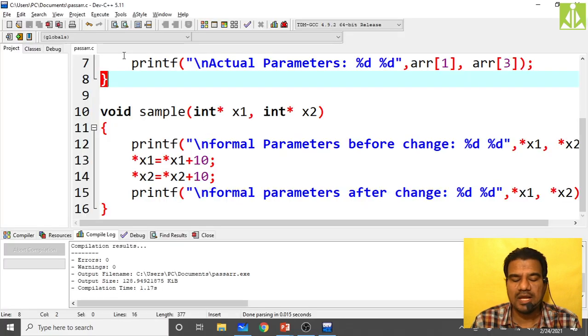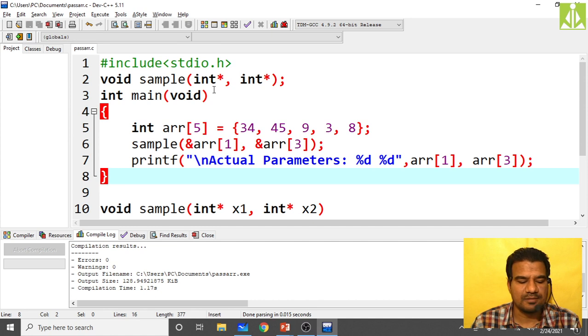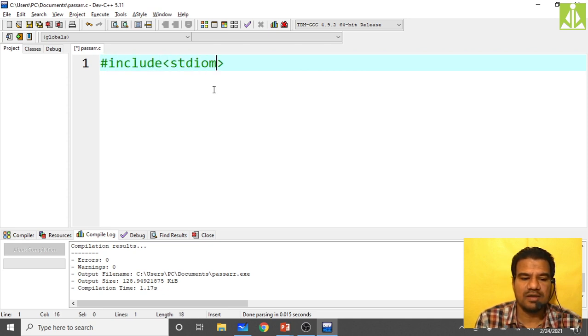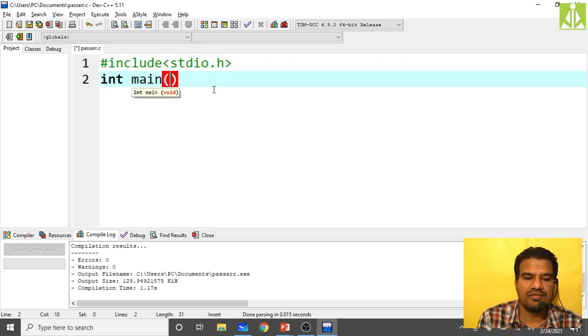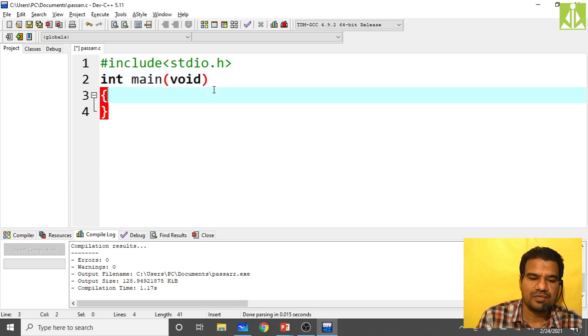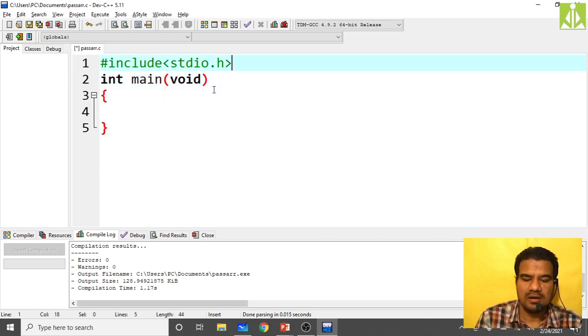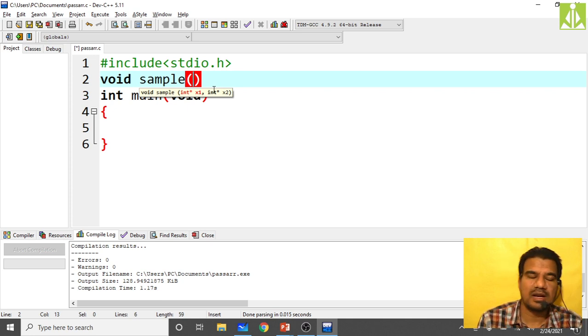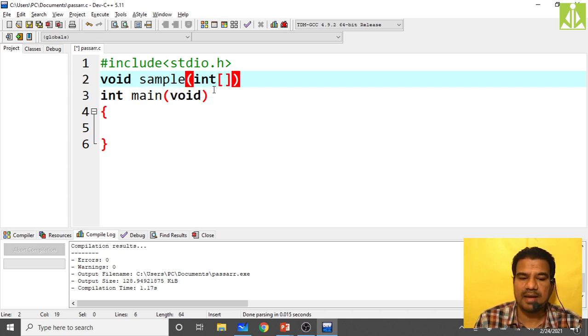This will be my last concept in today's session, passing the whole array, and in tomorrow's session we'll discuss some other thing. I will write the program from the beginning. I have deleted the entire thing, so now start writing the program. #include <stdio.h>, then you take int main(void). Go to the end, and here, as I said, I am taking the same function, but rather than passing the individual element, rather than passing the first memory location's address, I am passing the entire array.